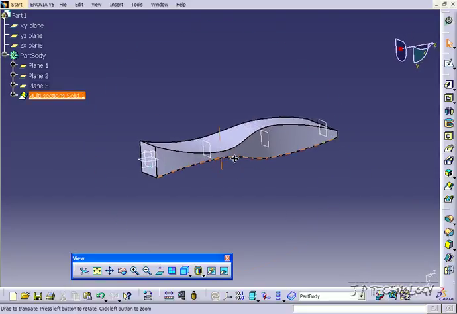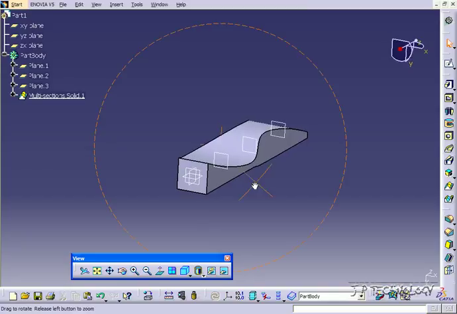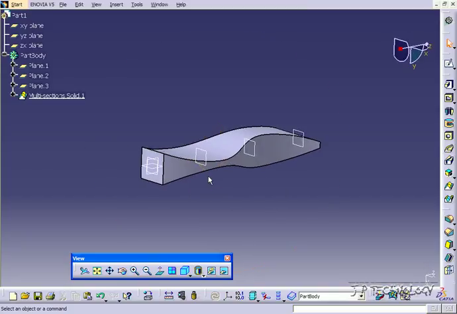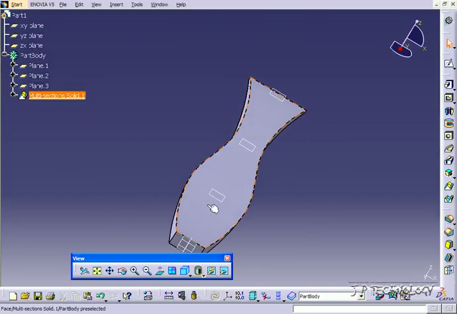Now, this part that I have right here is just like the last tutorial, pretty much the same part. I just cleaned it up a little bit. It's the 4 sections put together. Now for the advanced multi-section solids, we're going to add a guide profile for all these to follow, because right now what they're following is just a straight line and they're all merging together. In this one we're going to add a bit of a curve and a bend